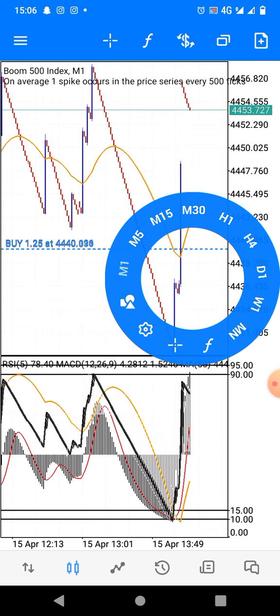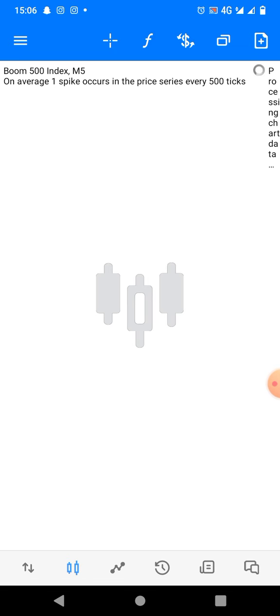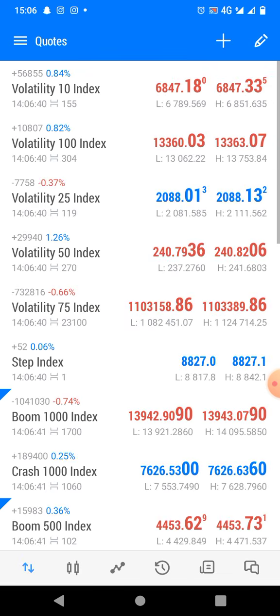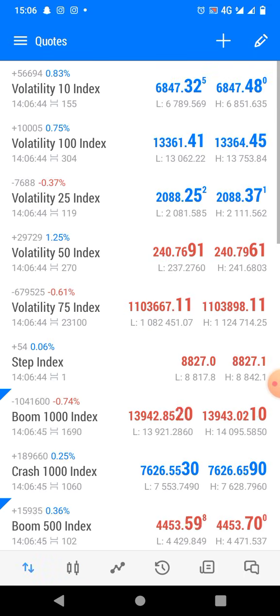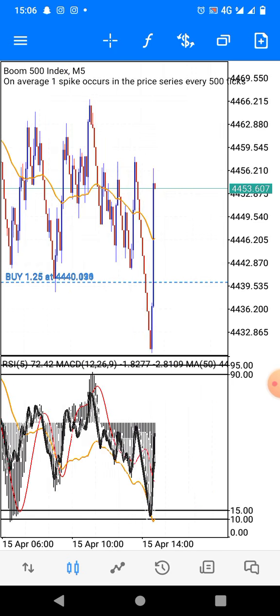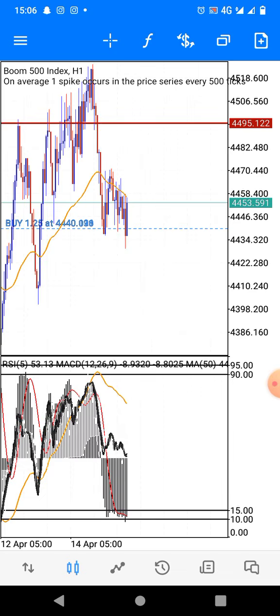I went into a little bit of drawdown here, but I was certain of the strategy, guys. I was certain that it was going to be a kill. I had that confidence even when it went against me. I still held because I know Deriv with their manipulation and so on and so forth.